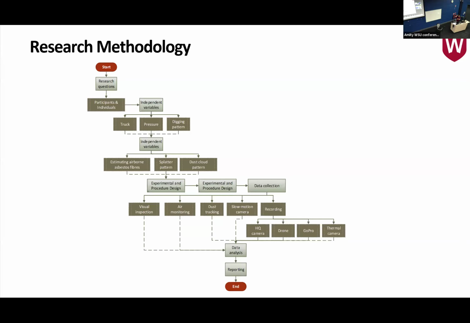We used other sensors, but again, just another reminder for all of us that in the world of digital transformation, fairly analog sensors are still very useful and help us a lot. To the opposite was the dust tracker. The dust tracker is a fully automated digital sensor that brings in dust and counts the particles. The problem with the dust tracker is that it cannot differentiate between asbestos and other fibers. That was good eventually for us because we didn't find any fiber whatsoever. So that helps us validate.